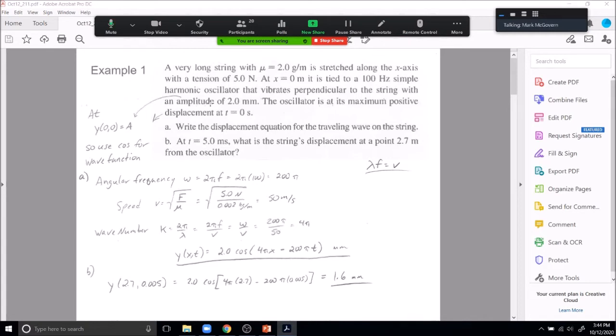And that's it. So let's go figure out our wave speed, because we'll need our wave speed to figure out what the lambda is. So tension's 5. The value for mu is 0.002, and we end up with a speed of 50 meters per second when we put all the numbers in there. Now, the wave number k is going to be 2 pi over lambda. We're going to use our lambda times f, the frequency, equal to the wave speed to get that. So I substitute in for lambda